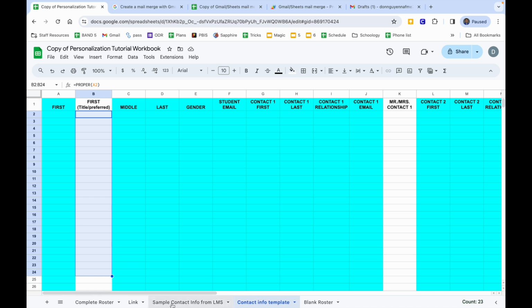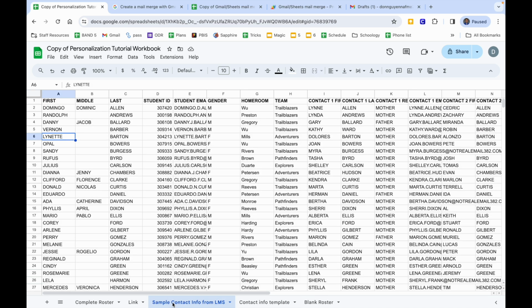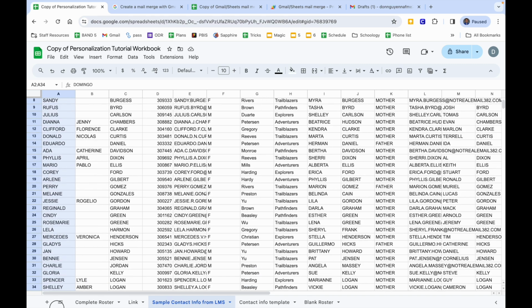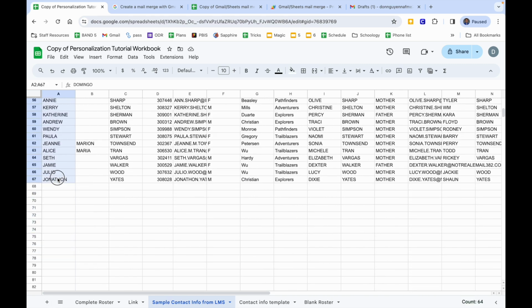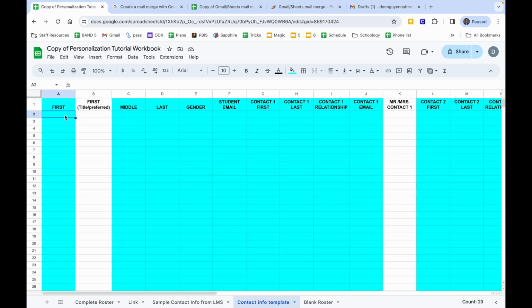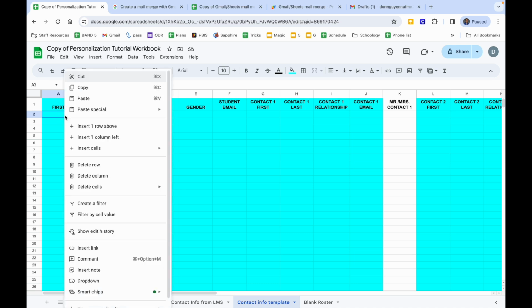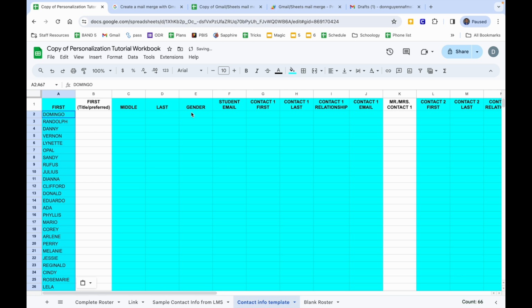So here's what I mean. If you go to sample contact info from LMS, you copy all the students' first names. So I'm going to copy all of them. Go to contact info template, go to first, Command Shift V, or you can just go paste values only, and